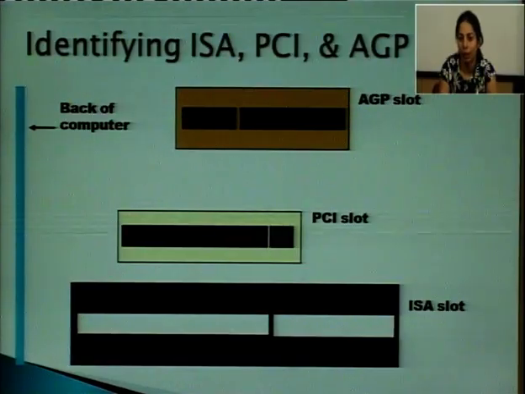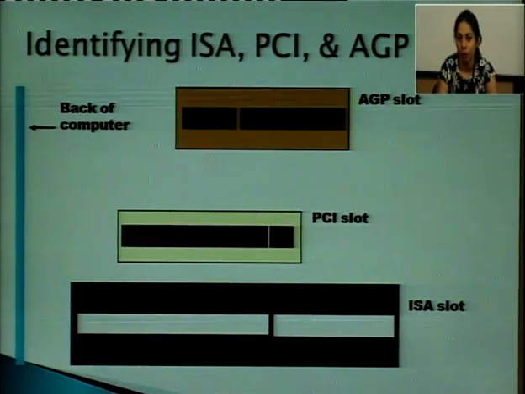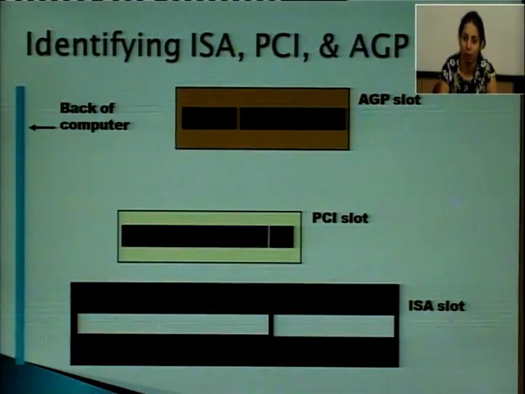The earlier and first version of slots is ISA, industry standard architecture, which is shown in this diagram. So, these are the three main buses, that is ISA, PCI and AGP slots, which are available on the system board for communication.